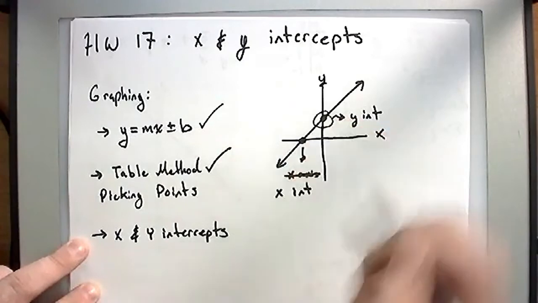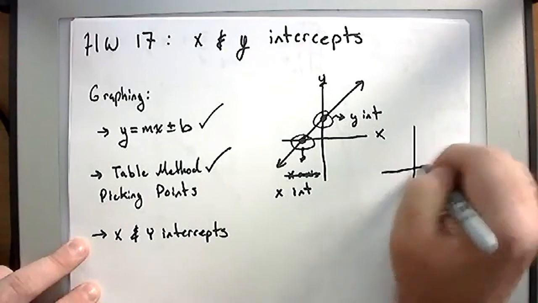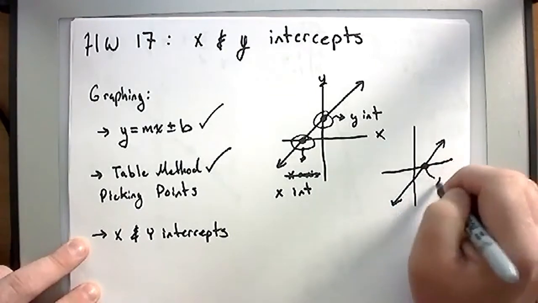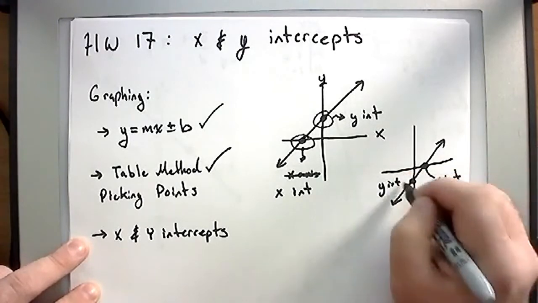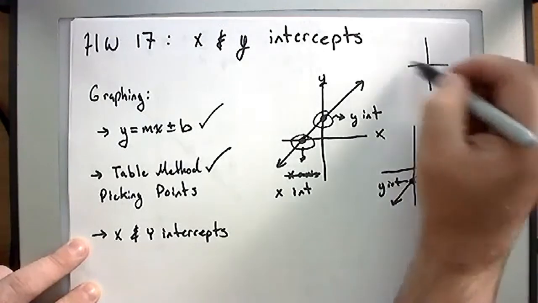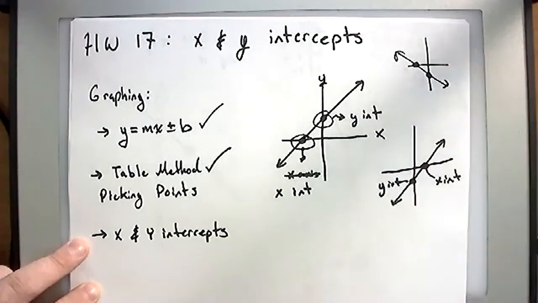But there is a y-intercept and there is an x-intercept in every graph, right? If I draw one over here and it goes like this, it still has an x-intercept right there, and it still has a y-intercept right here. Every line will have x and y-intercepts, both of them, except a vertical line or horizontal line, right? Even if the line was going the other way, it still has an x-intercept and a y-intercept. So every line, unless it's vertical or horizontal, but you should already know how to recognize those, will have